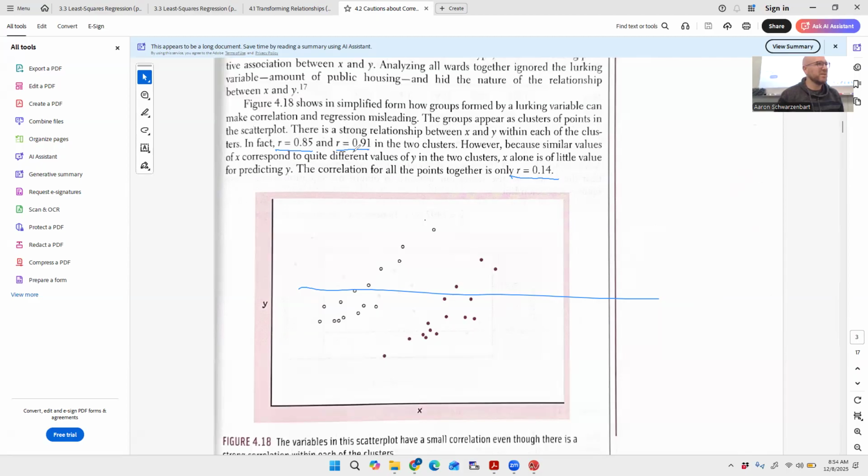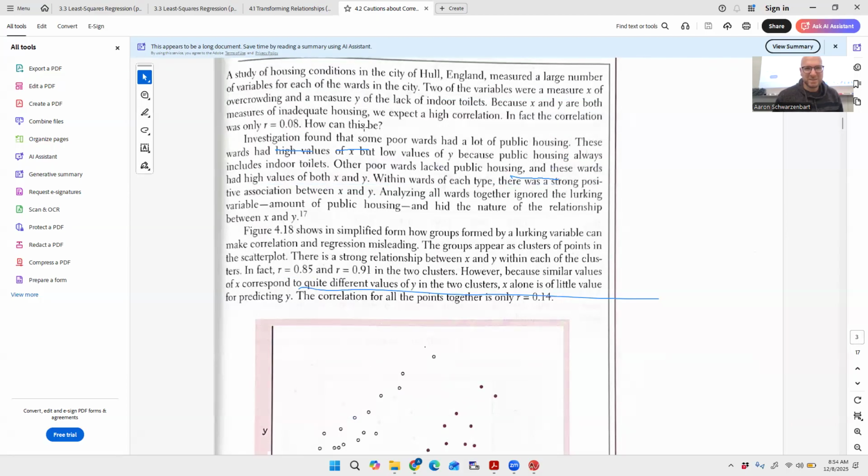They're separated on the percentage of public housing. In districts with lots of public housing and districts without, there is strong correlation between the measure of overcrowding and the lack of indoor toilets. I'm not sure how they measured those two things, but